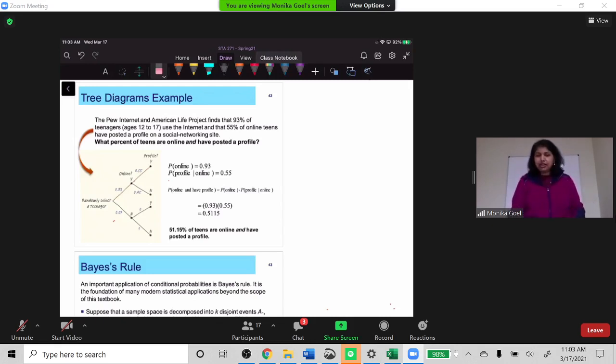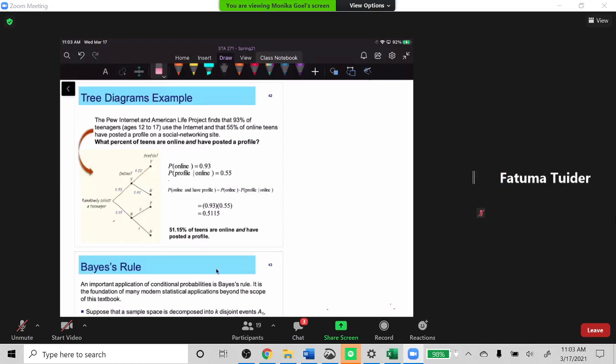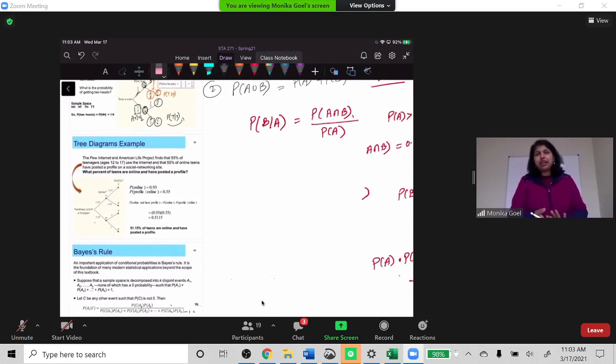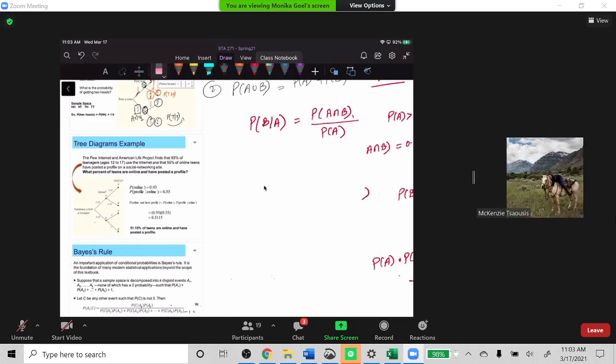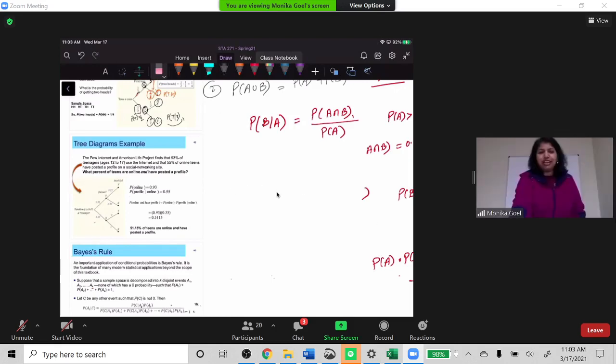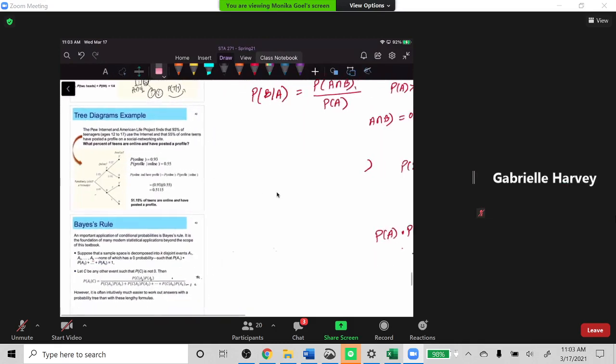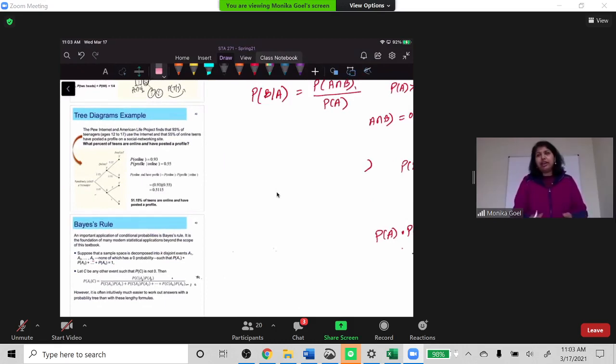So let's start today's session. Last time we talked about conditional probability. First of all, I want to ask, does anyone have any specific questions? And you guys can hear me? Yes, we can hear you. Okay, thank you. Just want to make sure. Last time it was a mess. So let me start with the conditional probability concept all over again, and please stop me if something is not making sense to you.